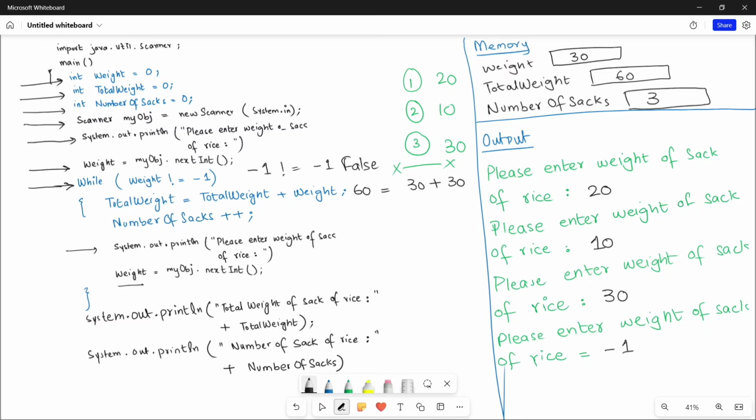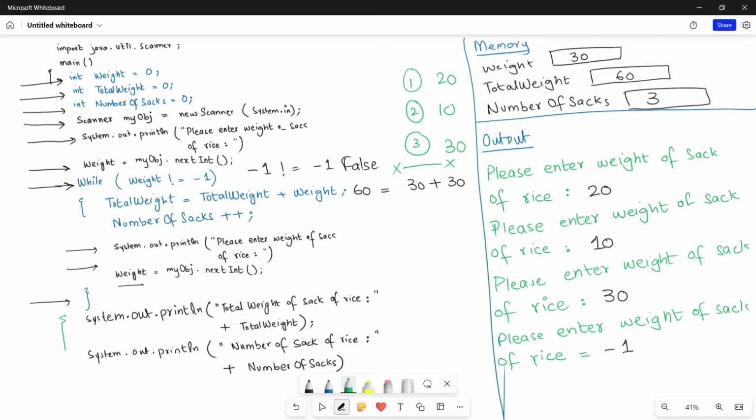Okay, once the loop is terminated, no more loop instructions. You will just go out of your loop, out of the curly bracket, and then you will have further output statements outside the loop. But these output statements are to show you the result. So here you will see on your screen total weight of sack of rice,